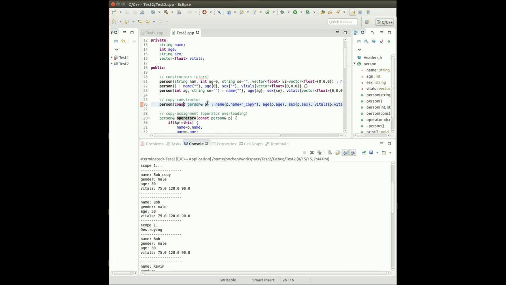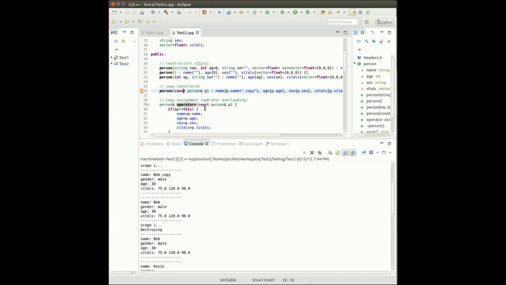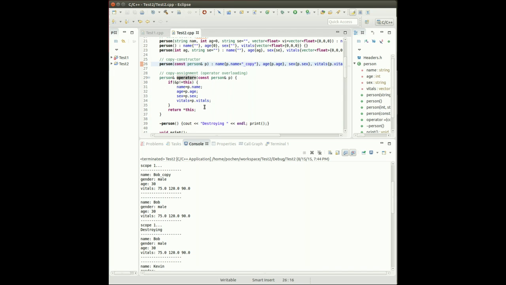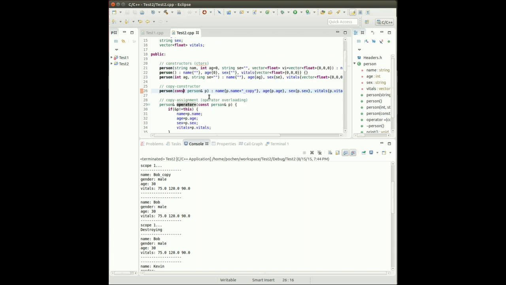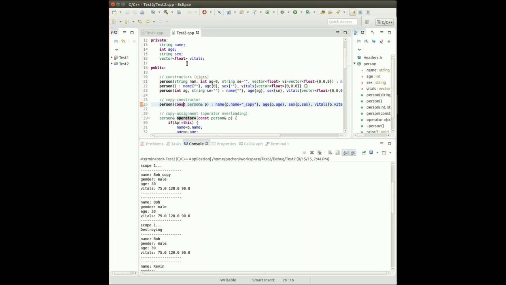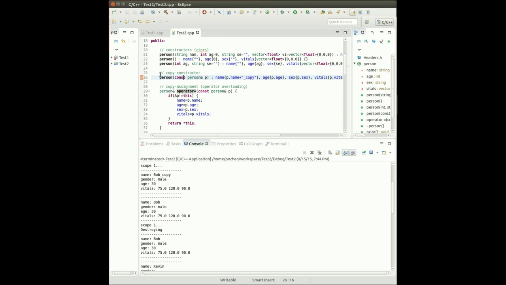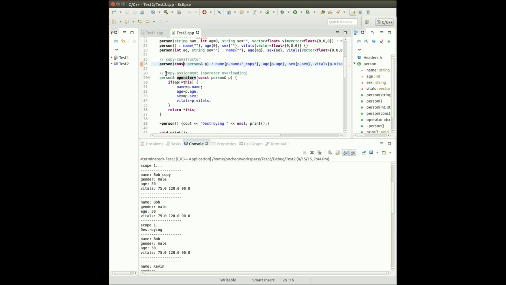So making a copy of those very small data objects is not so costly. It's actually quite cheap, and it's not a problem to make a copy of those things. But suppose you have a vector that has more than 10 million numbers in it. It's going to be really expensive, both in terms of speed and also in terms of memory usage, to make a copy of that huge data object. And in that case, you probably want to avoid using the copy constructor, or you may want to avoid doing the copy assignment. And if you do not write your own copy constructor, if you do not write your own copy assignment,